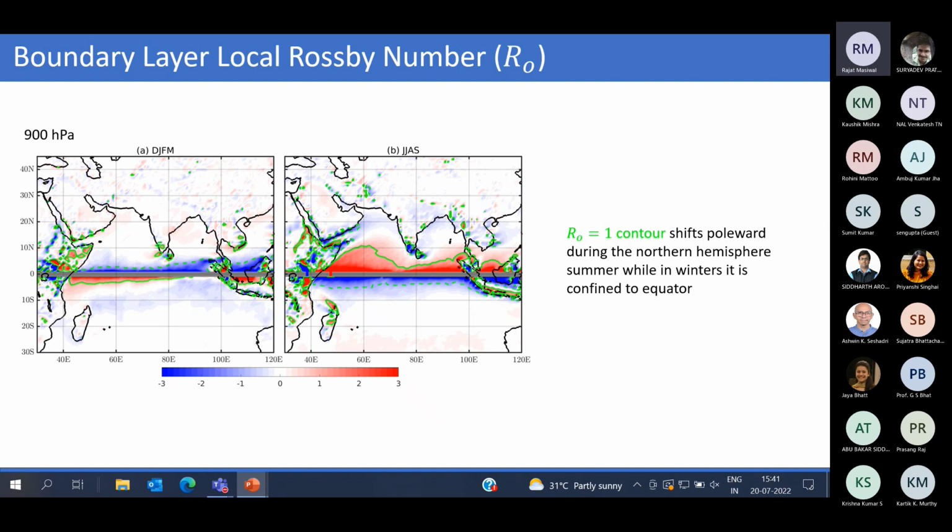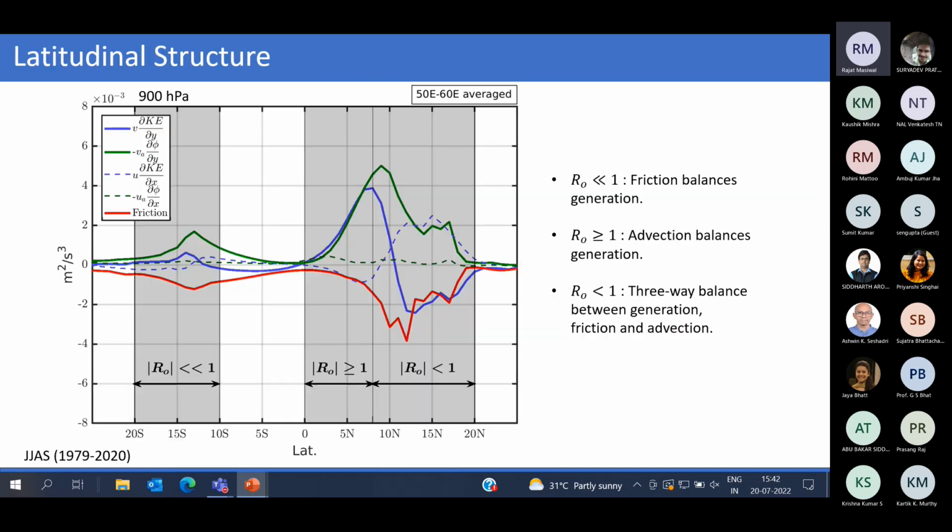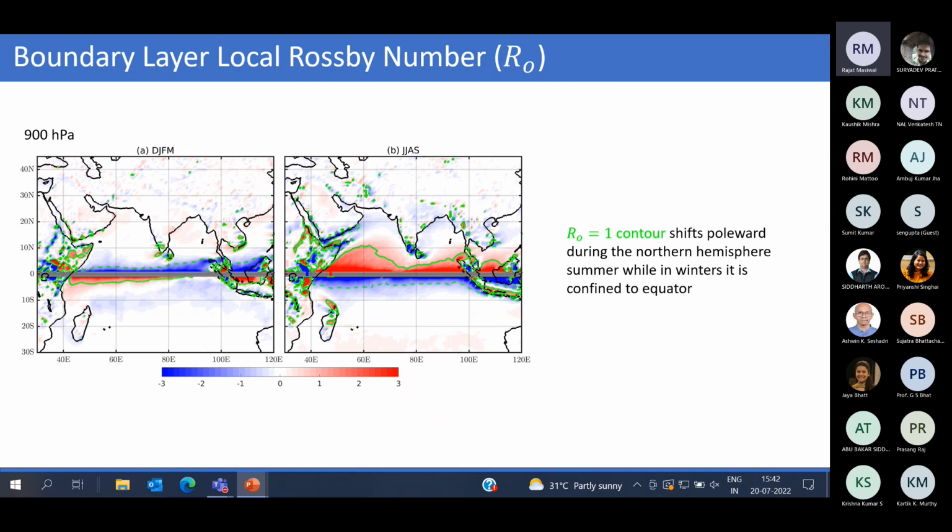Now, we see that R0 is a good quantity to characterize this balance. So we look at the seasonal dynamics of the boundary layer Rossby number, the local Rossby number. I want to emphasize that this R0 is calculated at the same level where the balance is, so in the boundary layer, 900 hectopascal. I will talk about the upper Rossby number later in the slides, but here we can see that for the